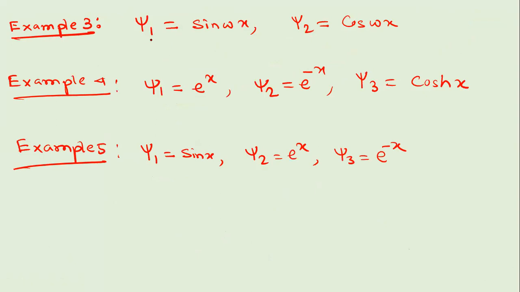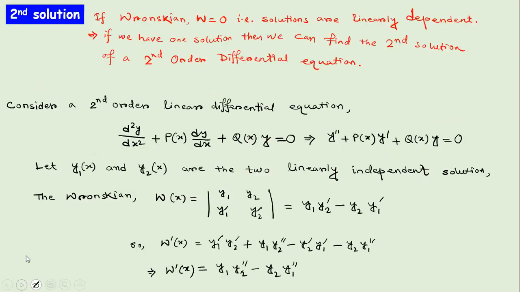This is your homework. These are the two solutions, psi1 and psi2, and you need to find out the Wronskian, right? In that case, you need to find the Wronskian for 3 solutions. This is your homework. Do this. For two variables, we need derivatives up to first order, that is psi1 prime and psi2 prime, and the Wronskian will be the determinant of psi1, psi2, psi1 prime, psi2 prime, right? And for 3, you have to work with a 3 by 3 determinant. For that you need to derive derivatives up to second order. Clear? Do it yourself.